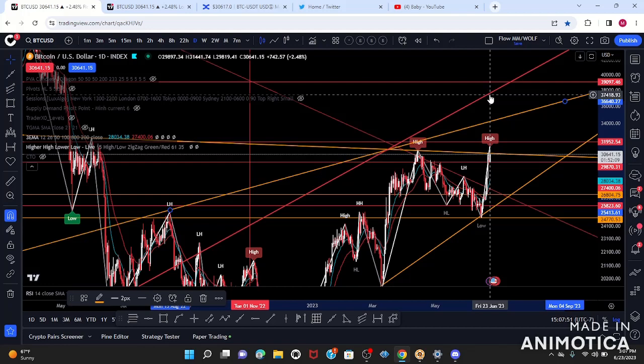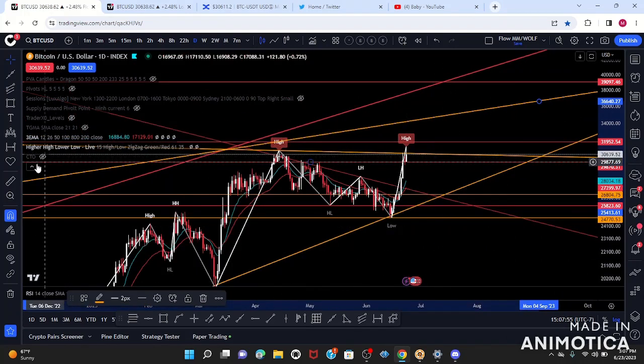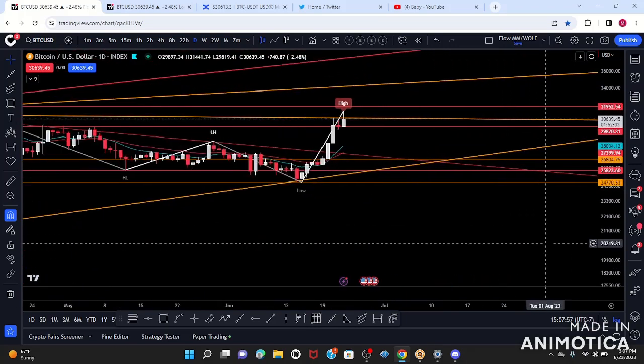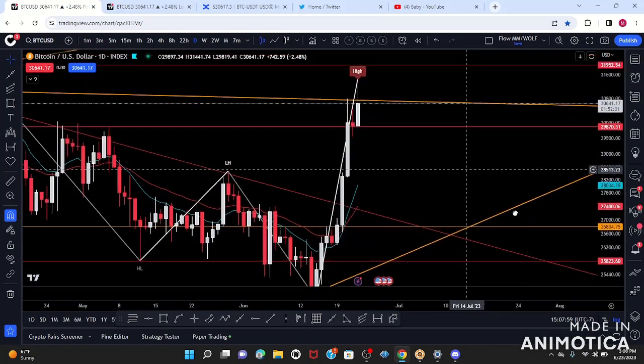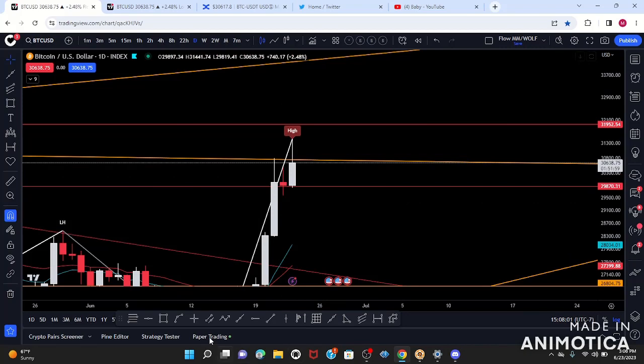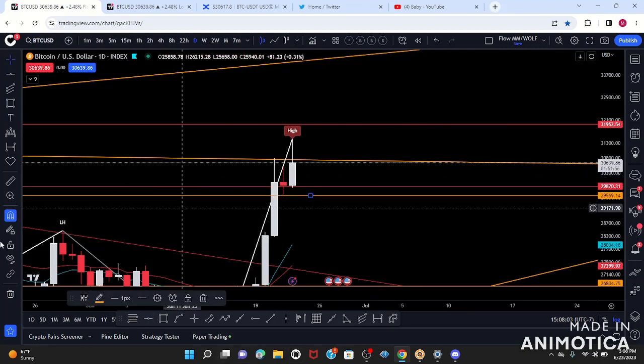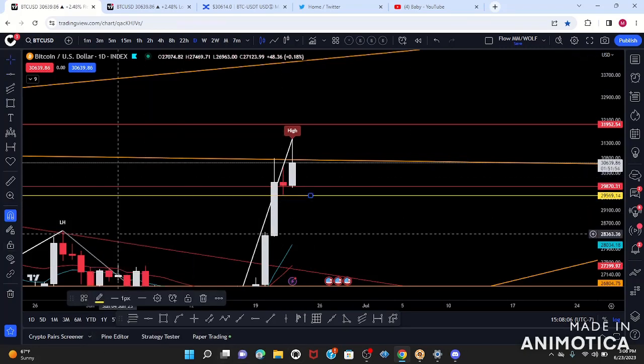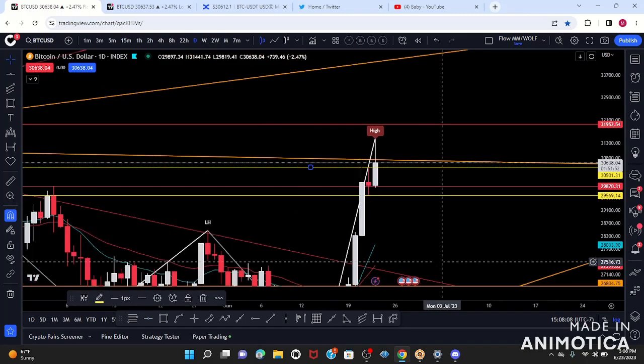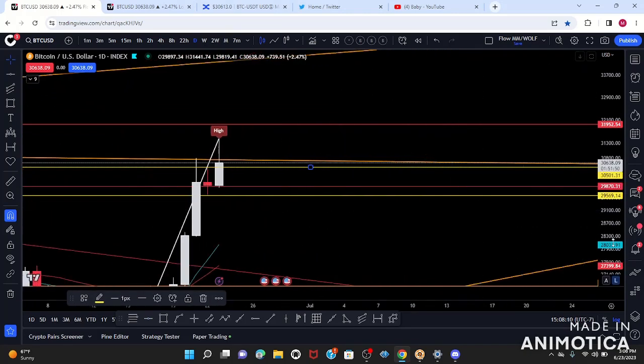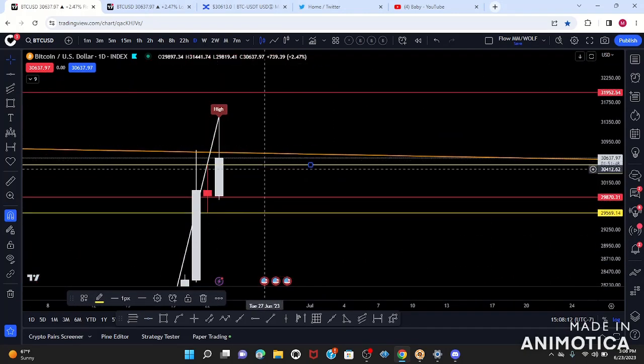And even the retrace would be about 37, right? So something to consider on my daily. What am I going to do? My range again, okay? So what's my range? It's going to be the previous candle, remember? So this is my low, and my dailies are orange and yellow. This is my high. So with this being my daily range, this is going to be major support right here